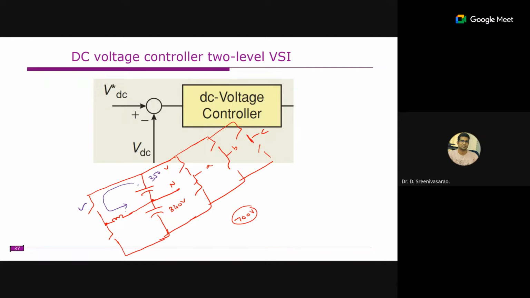And how long will it be? Until its value reaches 350 volts, right? And this is the point where we open the switch. So now it consists of some charge or some stored energy in this direction. So now what we'll do is turn on this switch.